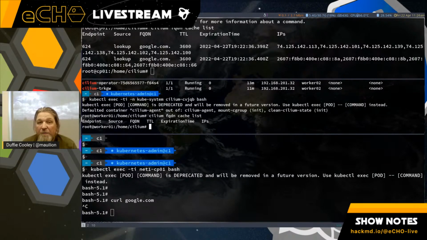I only see it on the node where the request was made, where we observed it. So the Cilium agent is populating this cache, but that is a per node cache. It's not persisted across other nodes. It's an important point because it means that that cache is actually only locally relevant.